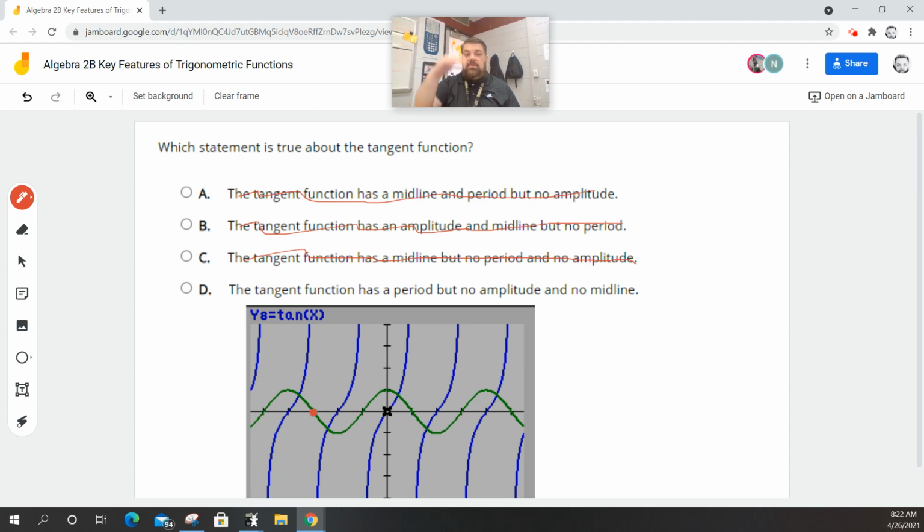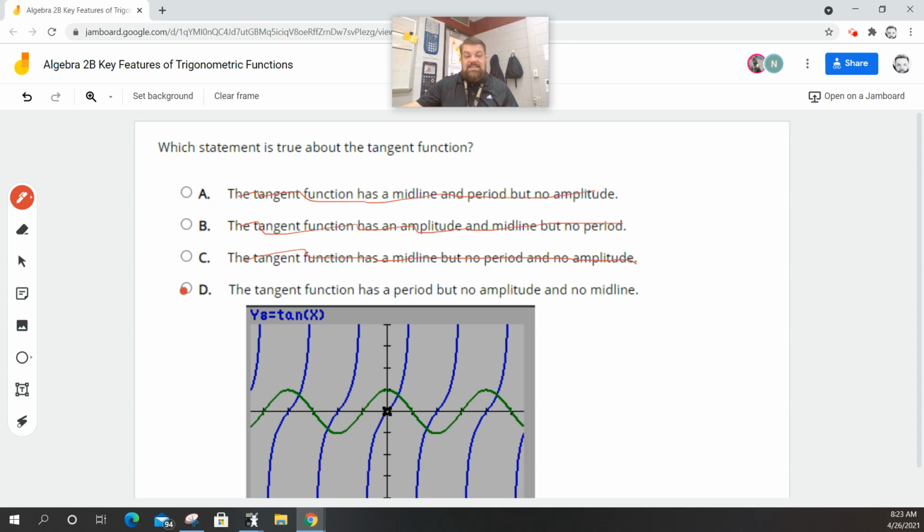And so the amplitude is the distance from the midpoint, the midline, up to the peak. And if it's a true harmonic oscillator, then it'll be the same going down. I shouldn't even use that terminology. But it should be the same distance from the peak to the valley in a sine wave. And cosine is just a cofunction of sine. But tangent is a different thing. It's sine divided by cosine. And so the ratios and the values are different.